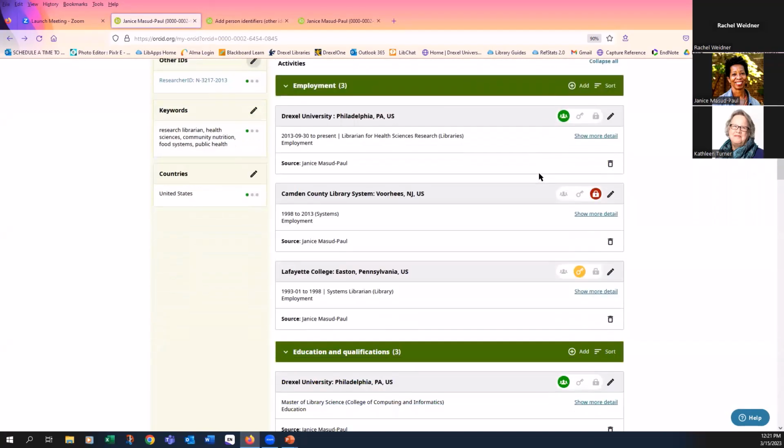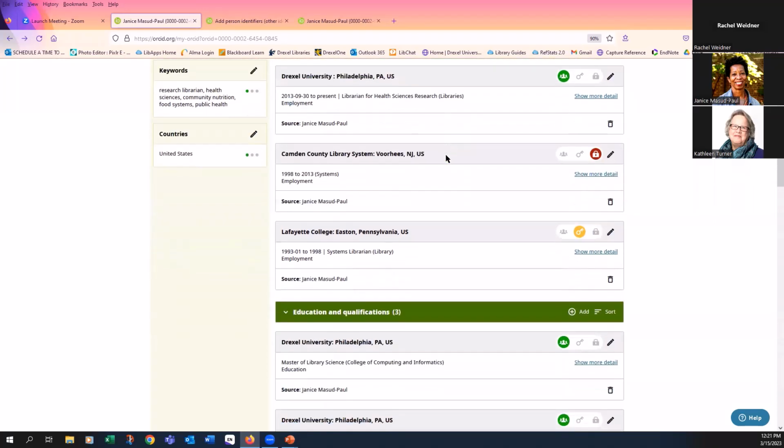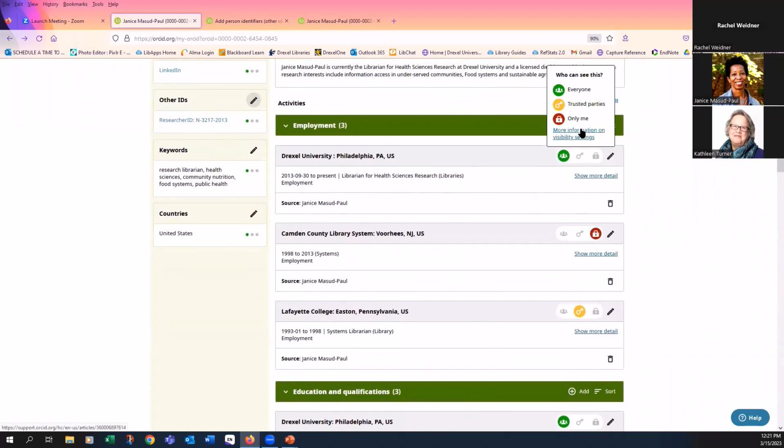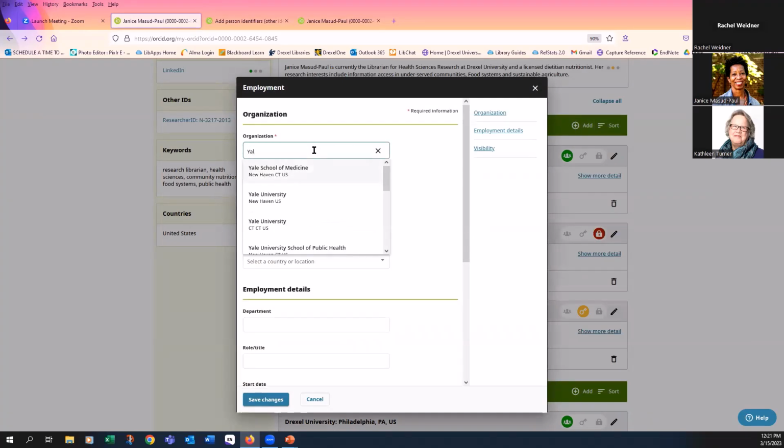So a lot of the rest of these different categories are very easy to use and intuitive. If I wanted to add employment information or additional education and qualification information here, I would just click on this plus sign. And as soon as I start typing, let's say I'm working for Yale now, or previously worked for Yale, as soon as I start typing, it's going to give me